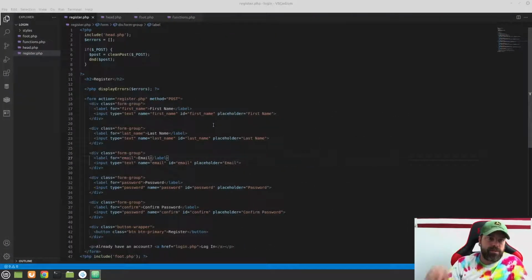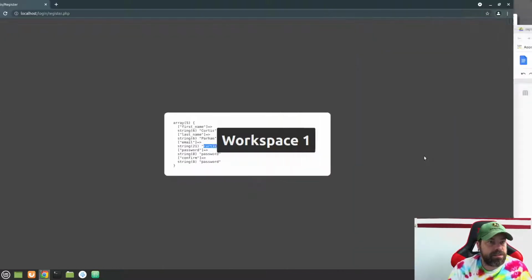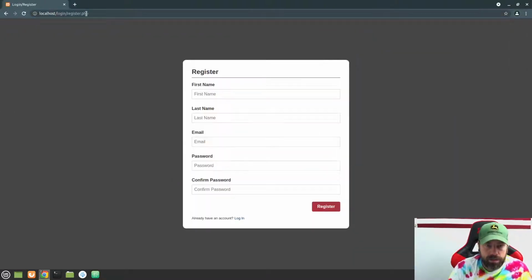Let's just go ahead and get started. Right here inside this if post, I'm going to get rid of this dump and die. And I'm going to leave our post variable that we had set up with our return from our clean post. The next thing that we want to do here is start off with some simple validation. Let me save this. Let's just check that all of our fields here are going to be required. And so we can just loop through and see if that is empty,